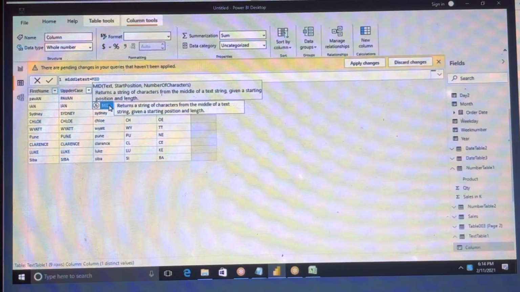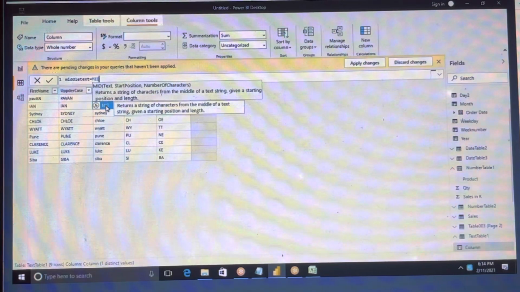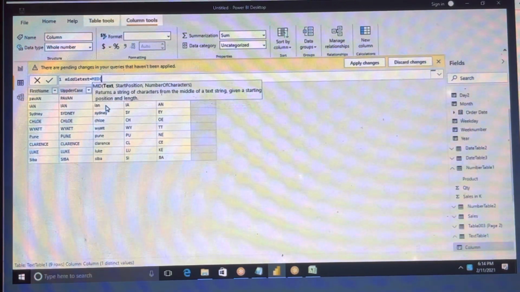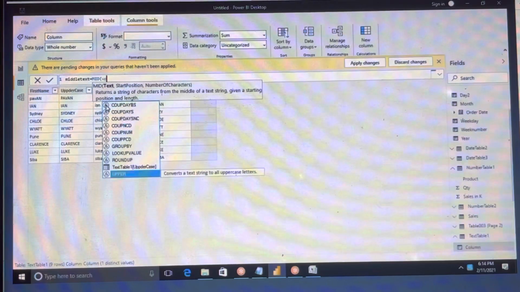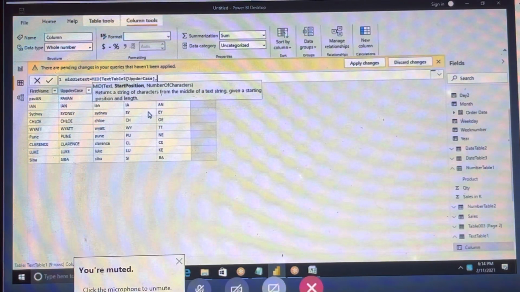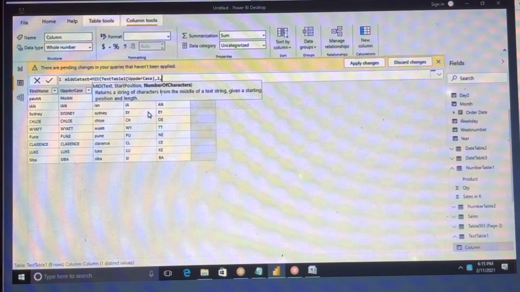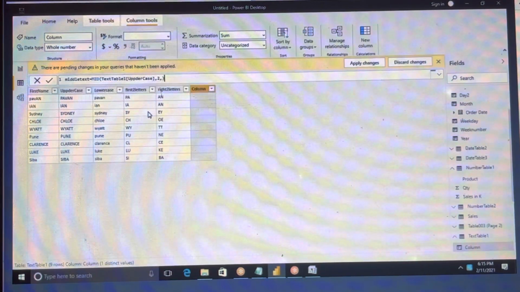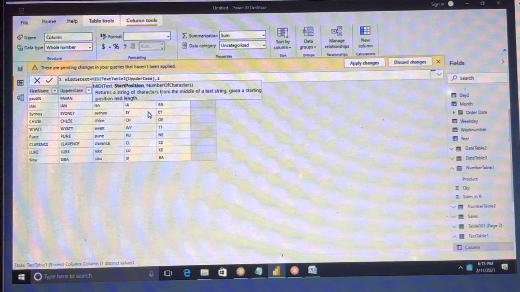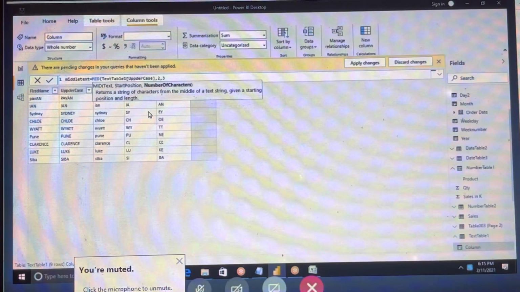See here, mid shows the text, starting position and number of characters. Click on mid, open bracket. The column name is uppercase only. From which position do you want? I want the second position, and from the second position, 3 characters, for example. Second position and then 3, then close bracket.